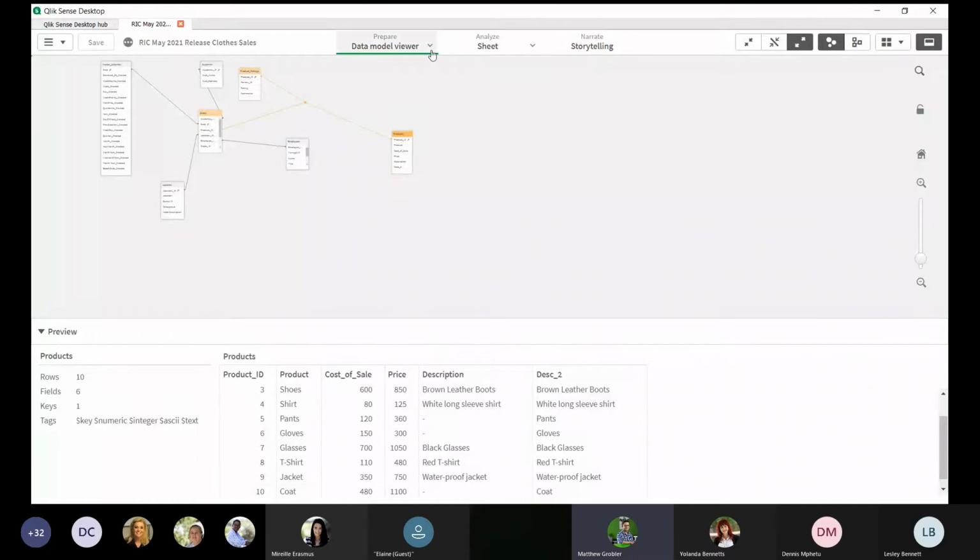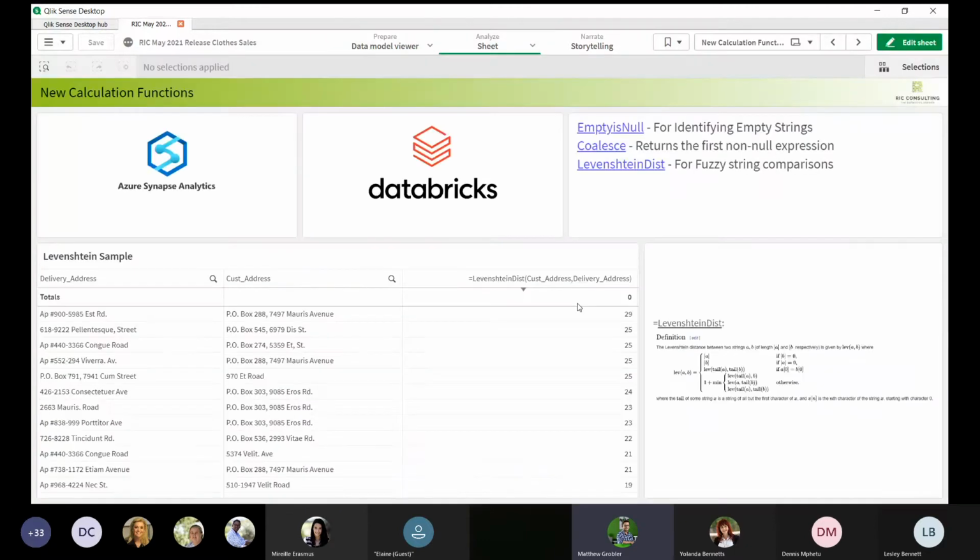Again, this is a very common function in SQL, and many people are very familiar with it. So yeah, it's nice now that we at least have it in Qlik Sense, and it can be used in the front end or the back end. The second one I want to talk about